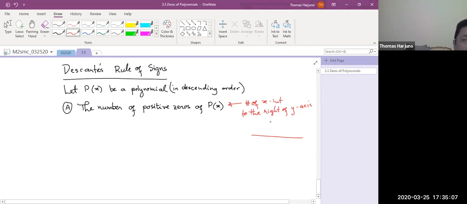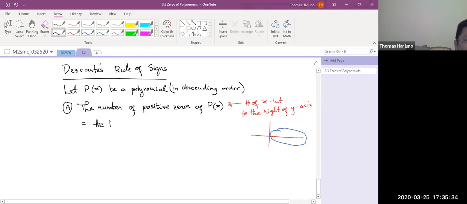So later on, when we try to graph that, we want to find out how many x-intercepts, up to multiplicity, happen on the right-hand side of the y-axis. Now the number of x-intercepts to the right of the y-axis can be seen from the number of positive zeros, which is given by